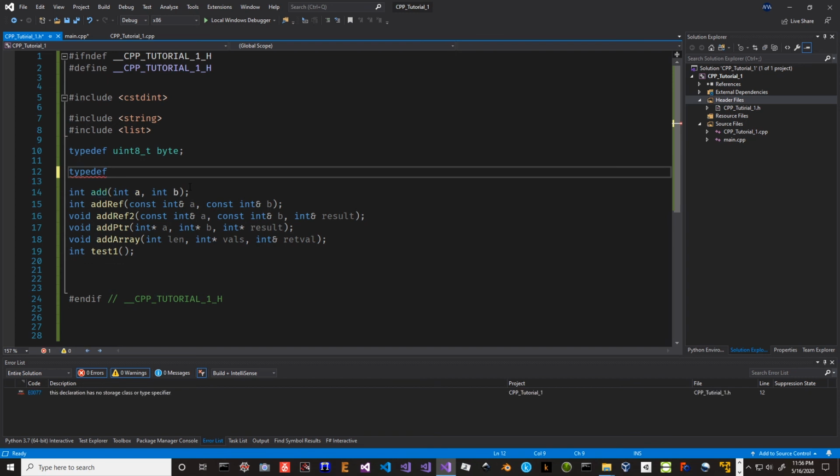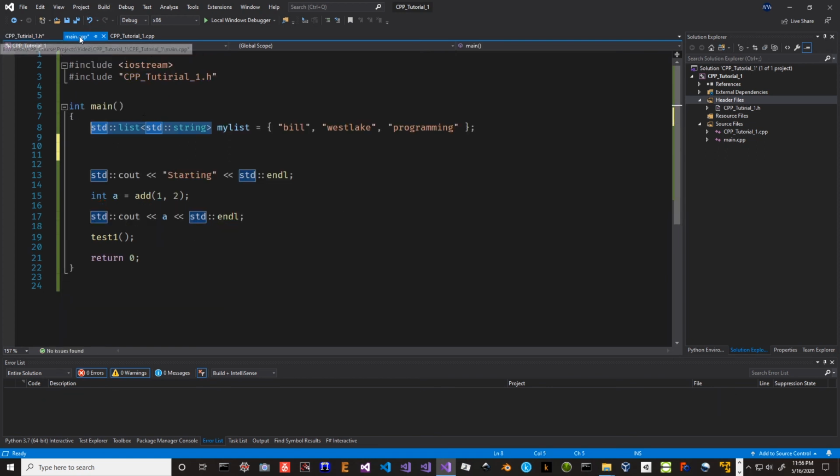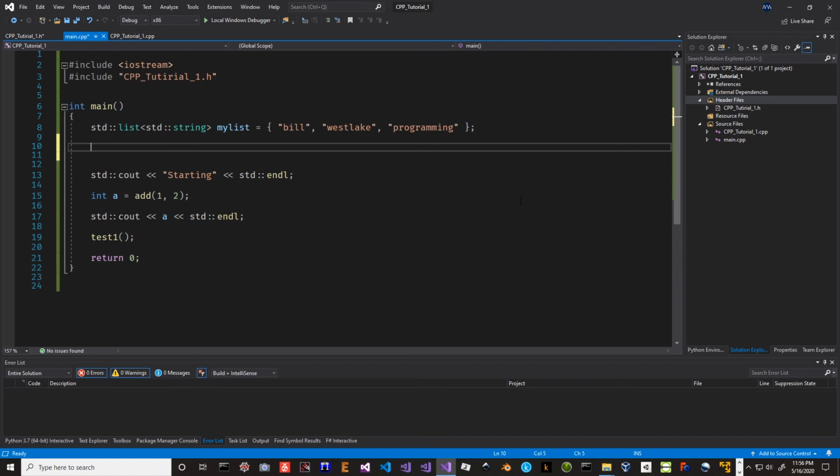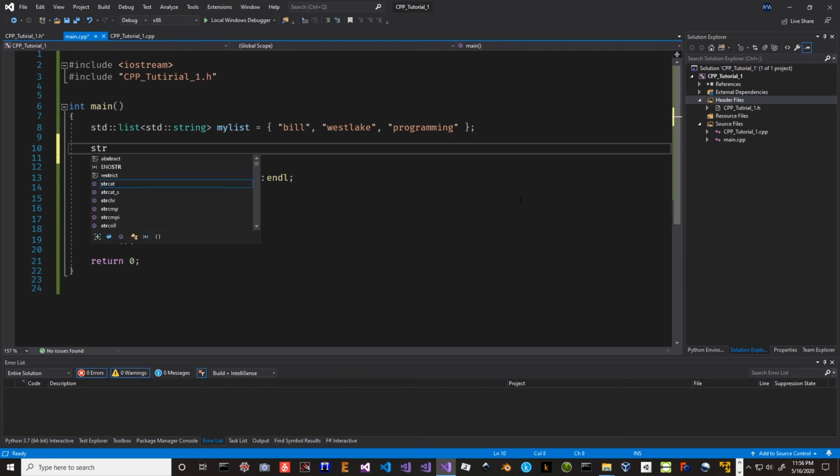of std::list<std::string> as string list. And now back here in main, we've got that one. We could just do string list